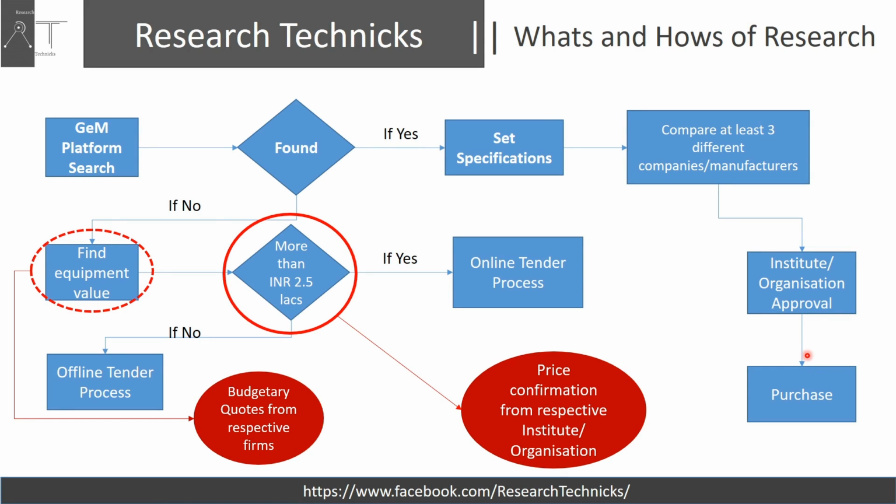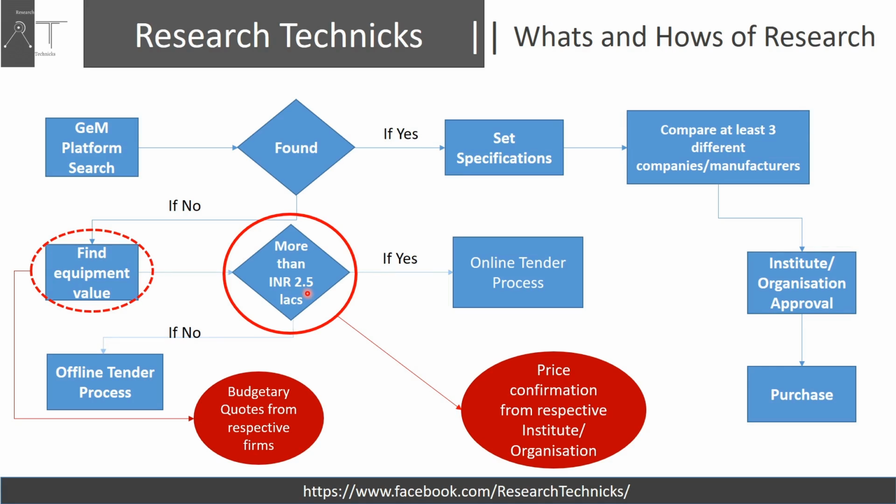Okay, and if it is not available, in the sense your required product is not available, or it is showing irrelevant products, then you have to find the equipment value. And how you can find the equipment value? You just contact the respective companies and ask them for a budgetary quote, and from that budgetary quote you will get to know whether your product